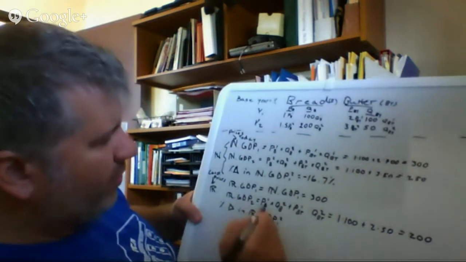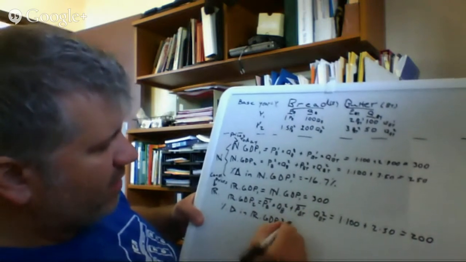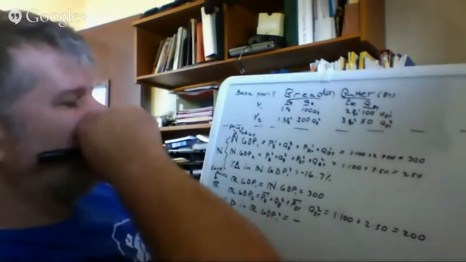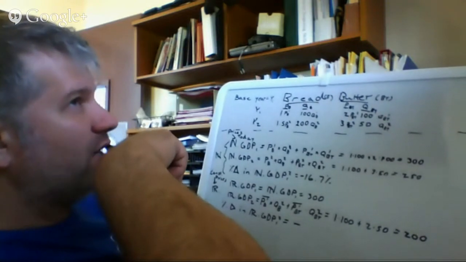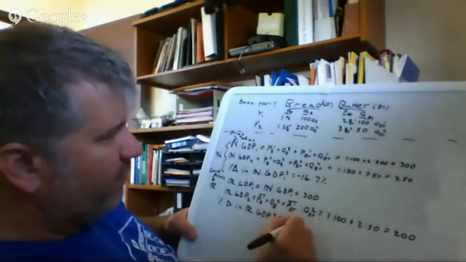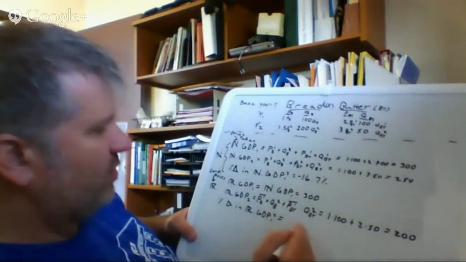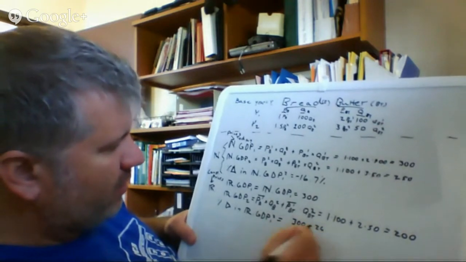And remember, you hold the price constant right here. We don't let it change. And this is going to be equal to negative. We went from 300 to 200, so let's think about that. 200 minus 300, negative 100 over 200, so negative 50%. Is that right? Let's see. Let's just do the formula. 300 minus 200